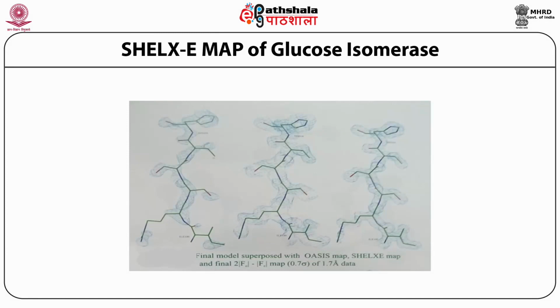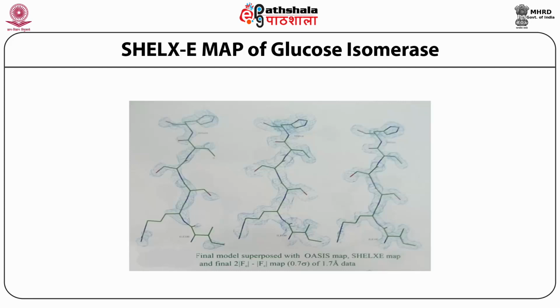So this is just to have a feel of the map produced by SHELX-E, to have a comparison with the direct methods program map, Y-axis, and the conventional difference Fourier map 2FO minus FC, which is provided as a third map. A feel you can have now for the 1.7 angstrom data. All the 3 procedures work very well. There is a direct methods phasing map, Y-axis map, first map, second is the SHELX-E map, third is your final difference Fourier. So the first 2 maps match with the actual 2FO minus FC map,